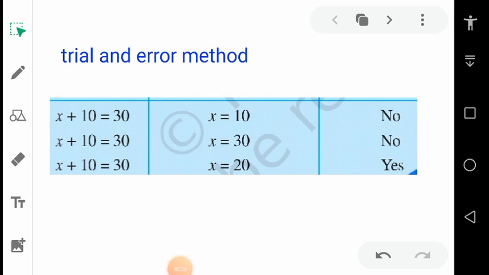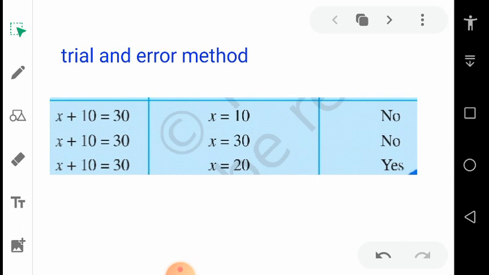Okay, the first topic is the trial and error method. It's also sometimes called hit and trial. Why is it called so? Because given a linear equation, we usually solve it using some rules of maths, either addition or subtraction or multiplication or something else. But the trial and error method is used to find the solution by taking some values randomly one by one, and we check whether the answer is correct or not.